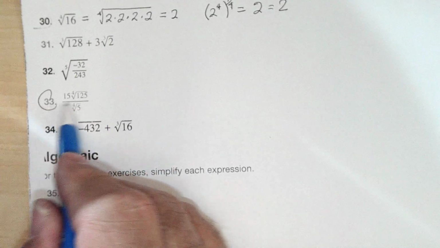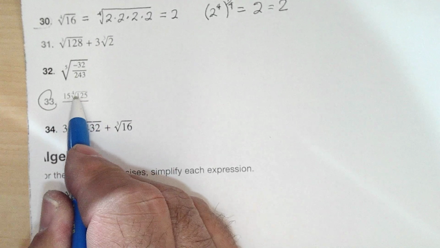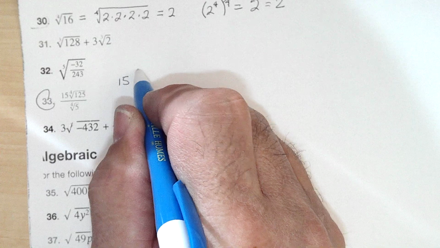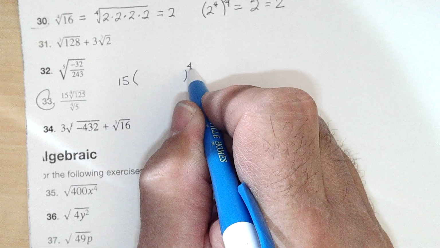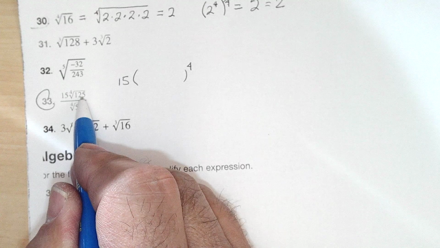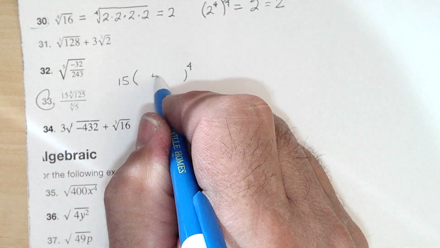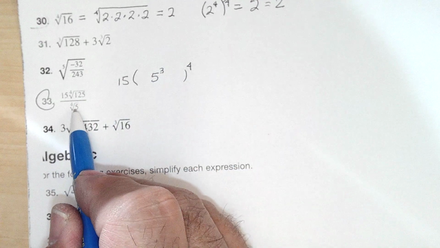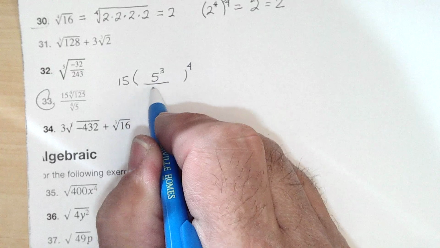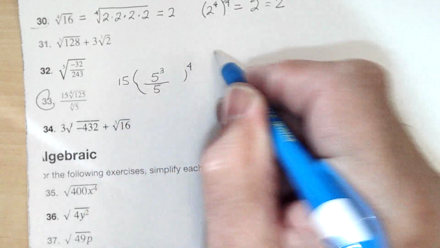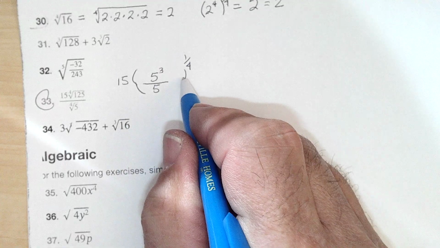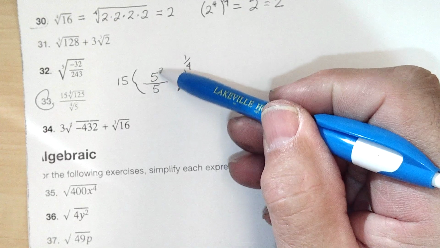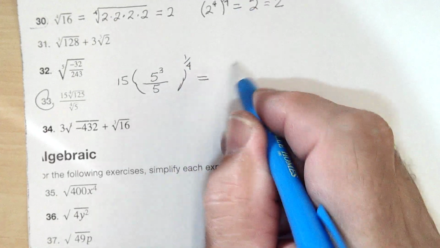So on 33, we have 15, and then we're looking for the fourth root of 125. Well, 125 is 5 to the third. We're also doing the fourth root of 5, and that's in the denominator, so I can put this over 5 and take both of these to the fourth root, 1/4. Well, this reduces to 5 squared, so we get